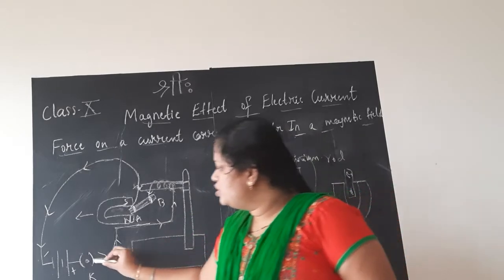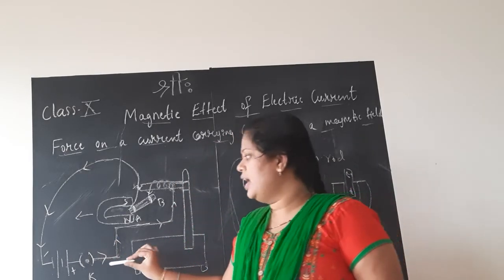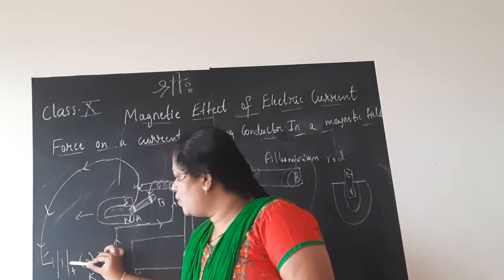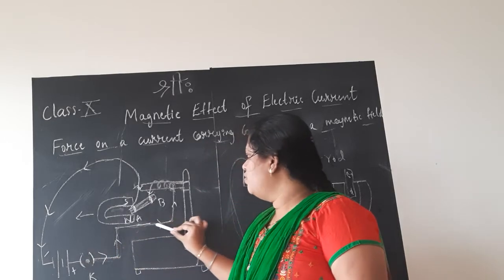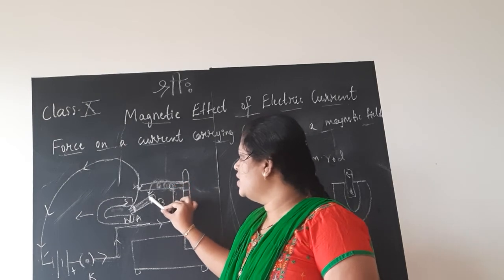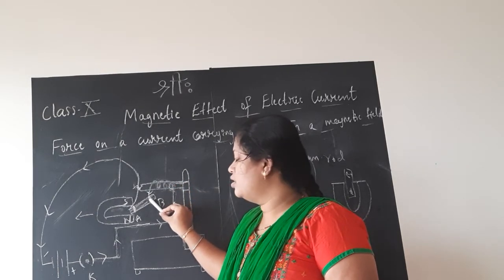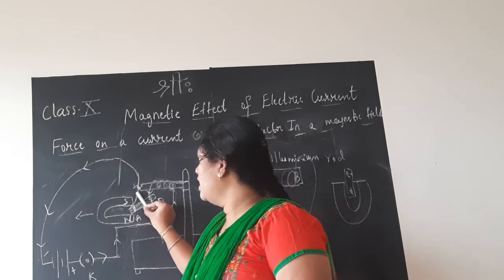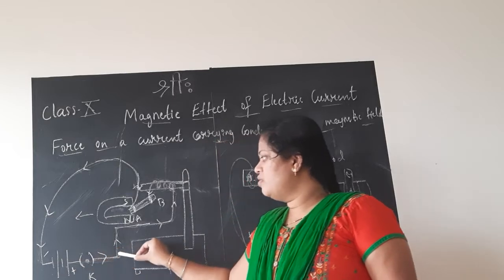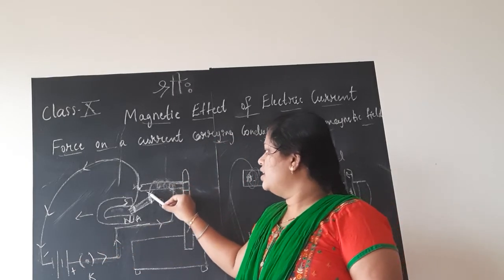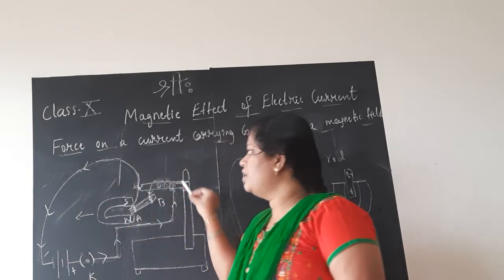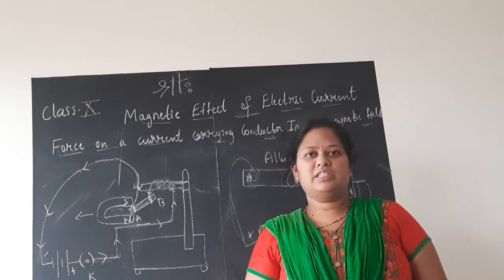Now, when we switch on the circuit, what will happen? We all know that current always flows from higher potential to lower potential, that is, from the positive of the battery, it will start flowing in this direction. Look at the arrow marks. Then it will flow through this wire, which is wound to the stand, and comes to end B of the rod. Again it flows towards end A. Again through the copper wire it goes like this to the negative of the battery. This is how the current flows. Hope it is clear to you.